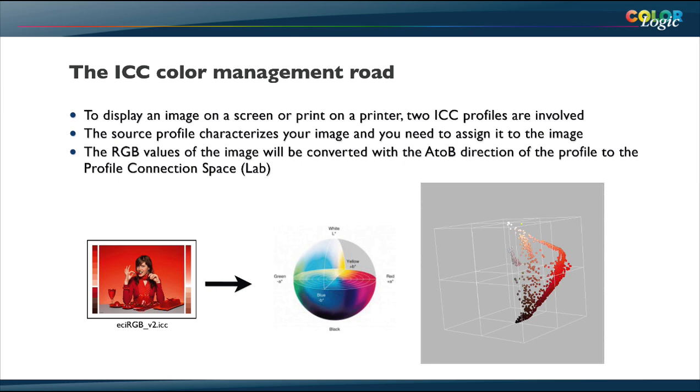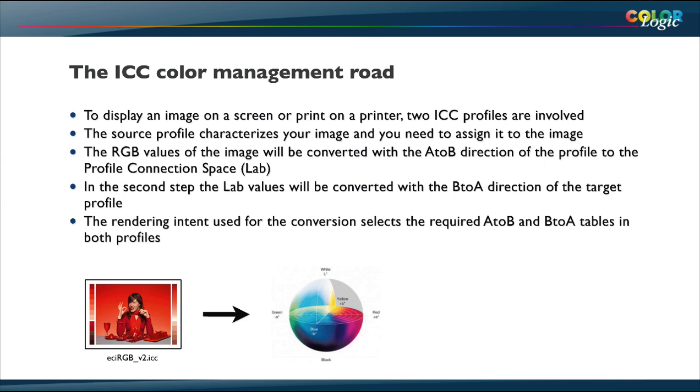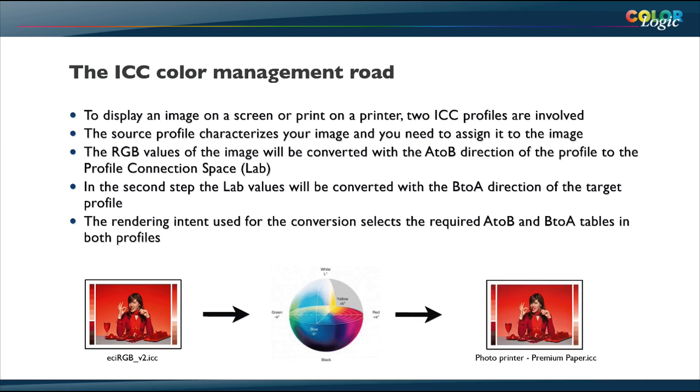And you obviously see that this red image only uses the red part of this LAB color space. We'll need that image later on, so please remember. So that's the first step of the conversion that's happening in the ICC world, conversion to the LAB. And the next step is we use the second profile. For example, if I'm going to a printer, I need a printer profile that describes my printer, basically. And then I'm converting with that second profile from the LAB to my printer,